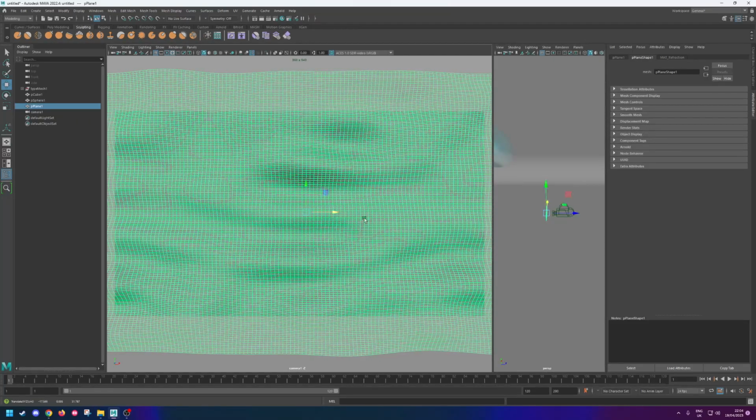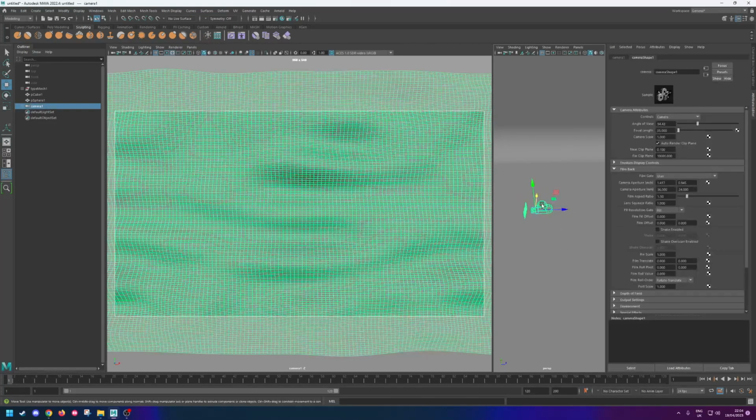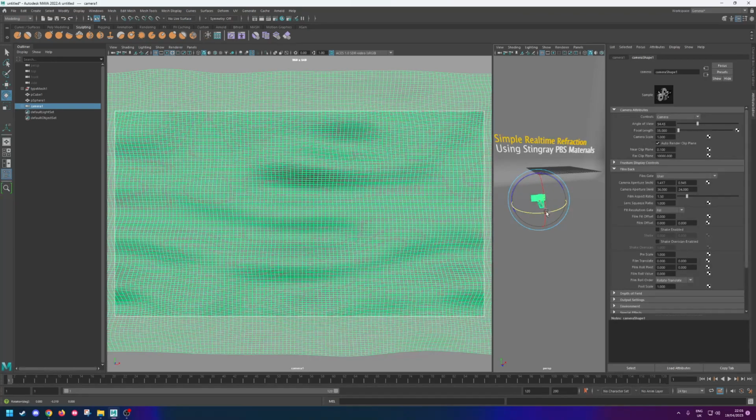Smashing. That's a bit better. I can rely on that a bit more. So I'm just going to select this object, shift select the camera, and press P for parent. So now anything I do to the camera will now happen to this. And of course, if I was to film with this now, we're going to get anything that happens in front of that getting warped and mangled in front of that camera. So if I was to rotate this and point it up here,